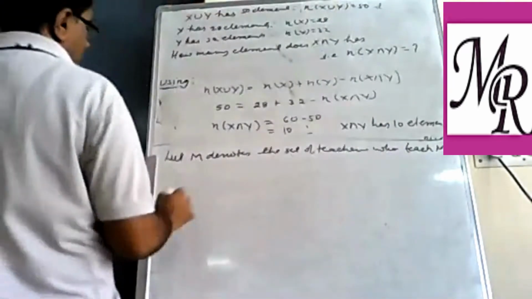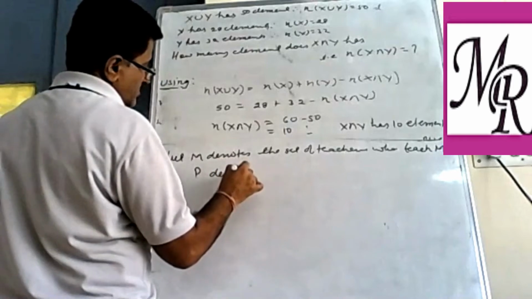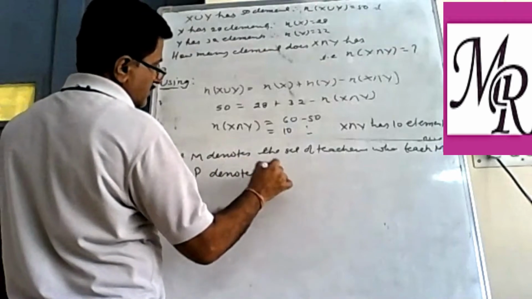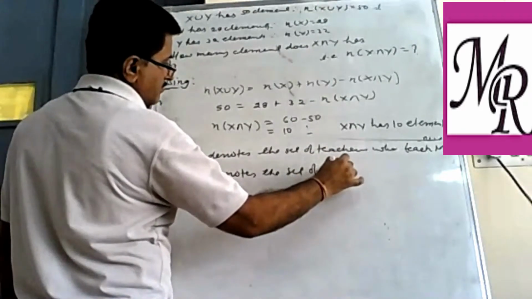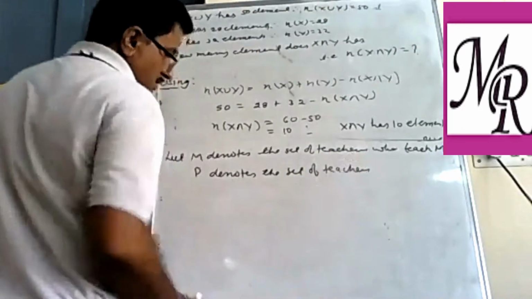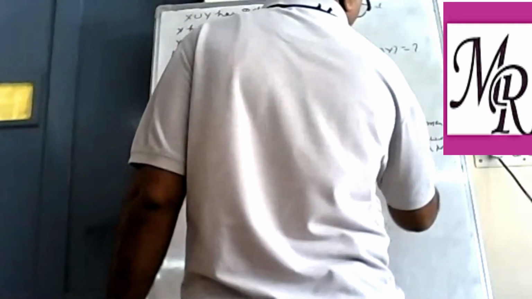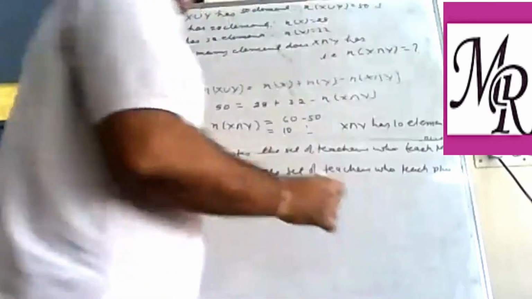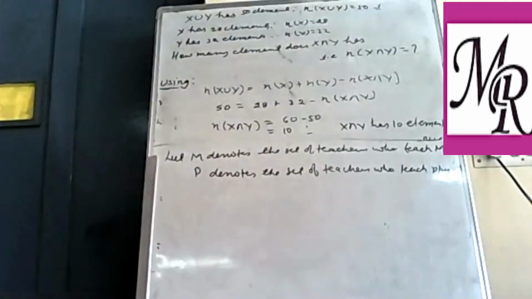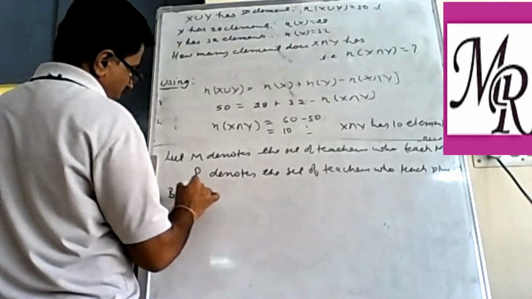Similarly, you write P denotes the set of teachers who take physics. Right? Now, by the given condition of the problem, you may write,